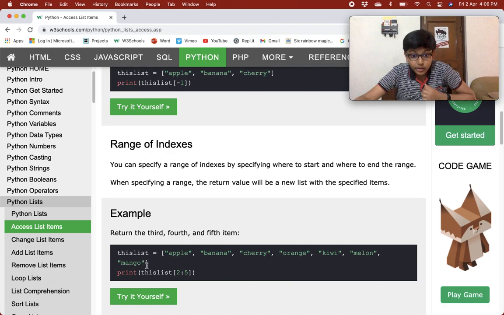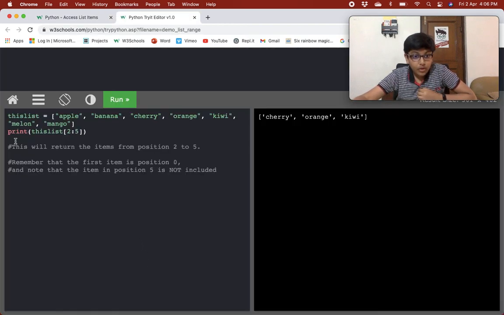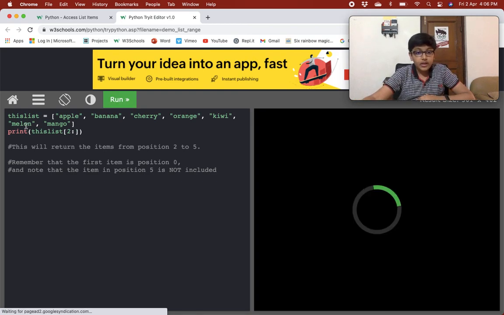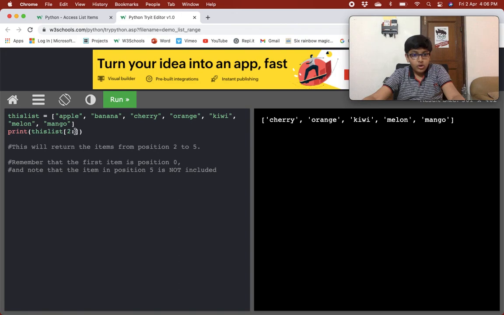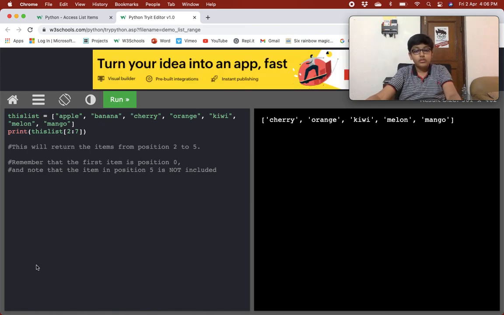Okay, and if you want mango also, then what you have to do? You could just remove this, and then from cherry till the end, the list would come. Or you could do 7, yeah, it is the same. So you could do 7, or you could just remove this, so it would come till mango.